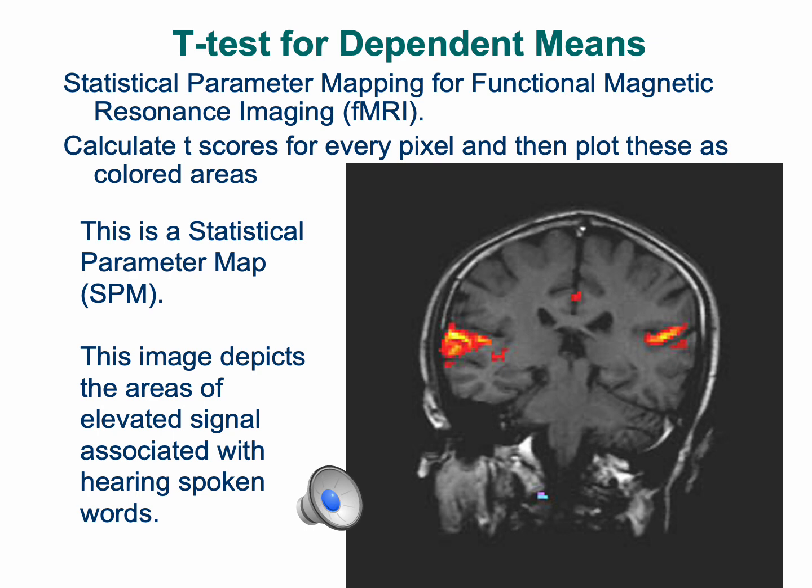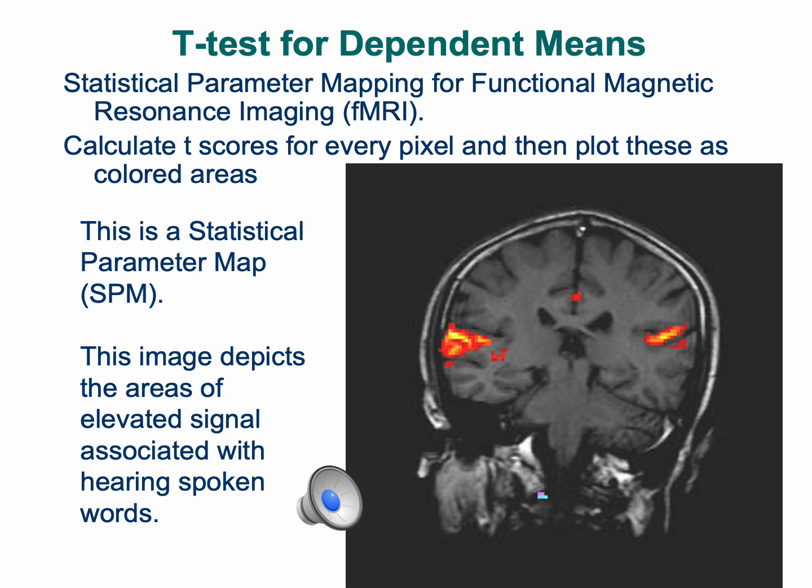So when this person is listening to words spoken, these auditory areas become very active. And when we do our special scanning, we have the person just lay there hearing nothing for a while and we scan them. Then they hear words, we scan them, and then we do our t-test, and we map out which pixels showed a change, which pixels showed a significant dependent measures t-test, and we map that a different color so that we can separate it from the gray behind it. And here you see mapped out the auditory cortex, and I'm going to show you a clinical case next in